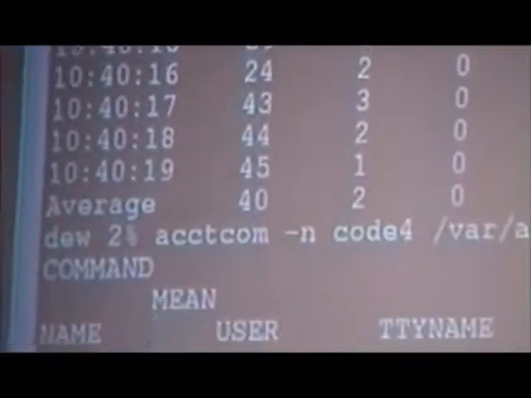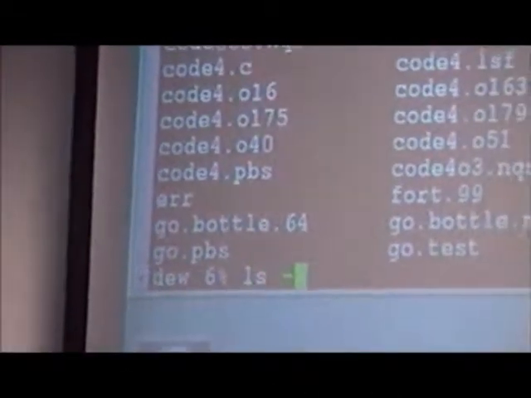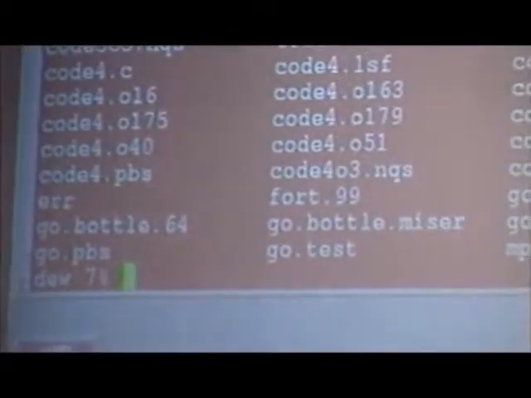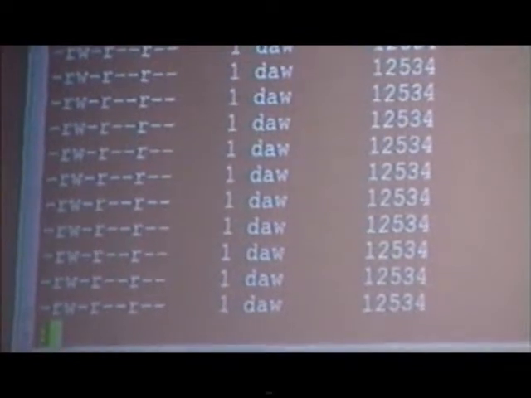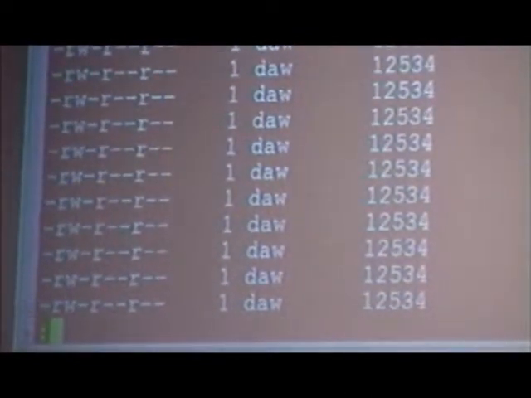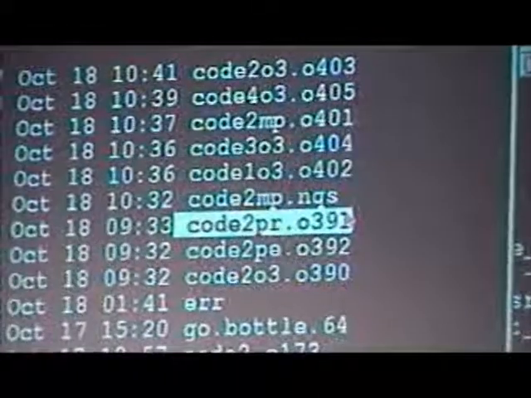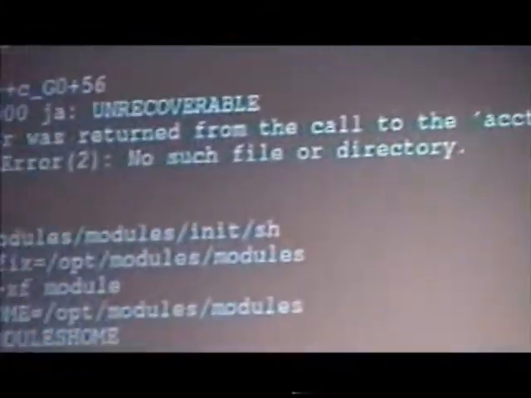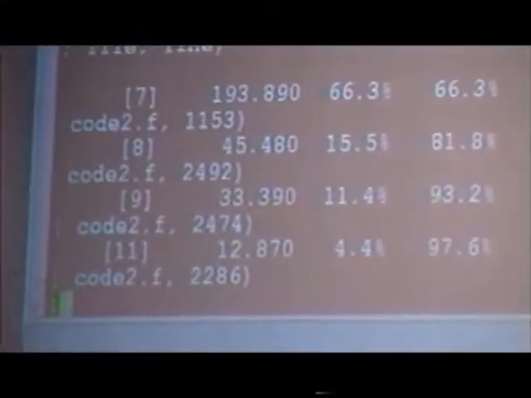Let's take a look at our code. I'm going to pick the latest one here. Profile report first. And I don't care a whole lot in this report. I see the compile working, and here's my perfx report, or my